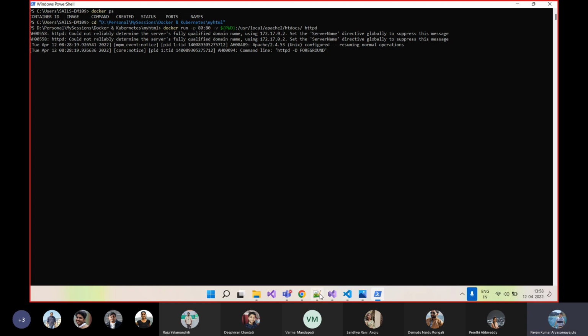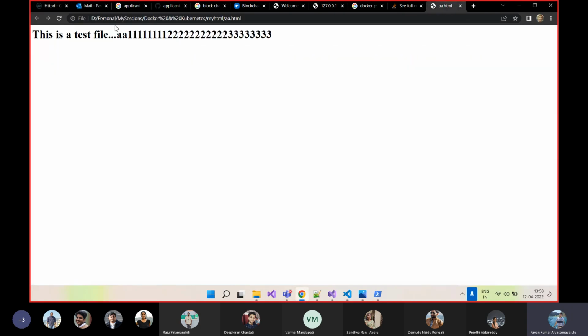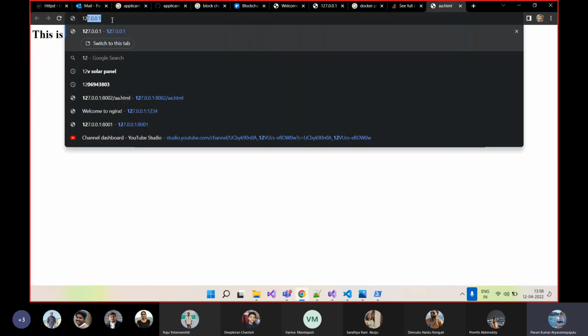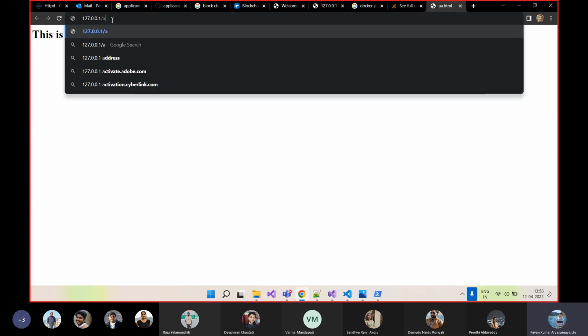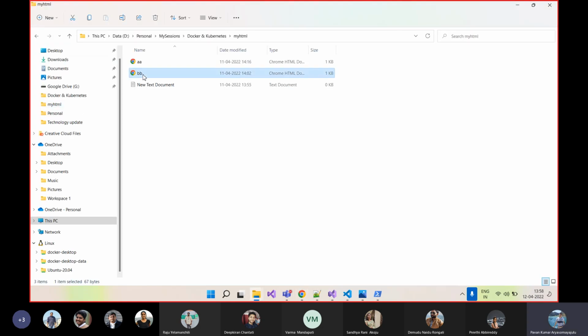We have all this content that is not copied, but referenced in the container. Now if you go to 127.0.0.1 and open a.html, you can see this, right? Same way, if I want bb.html, I can open bb.html. Okay, so if I create another file,